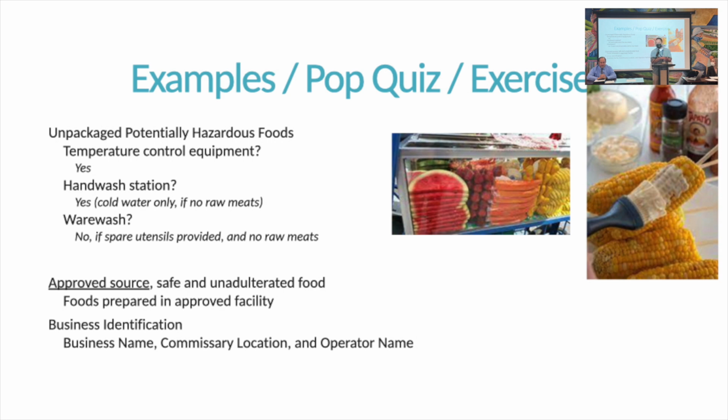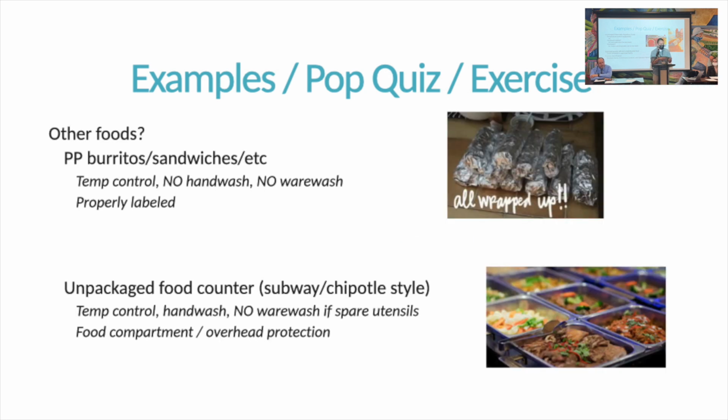And then lastly, will this operation handling unpackaged potentially hazardous foods need a warewashing sink? The answer could be yes, but if the operator provides spare utensils, extra cutting board, extra knife, extra tongs, all of those utensils, then they can avoid having to install a 3-compartment sink on that cart. Again, the food does need to be from approved sources, needs to be safe and wholesome, and the business needs to be identified with your business name and that information there. Okay, so